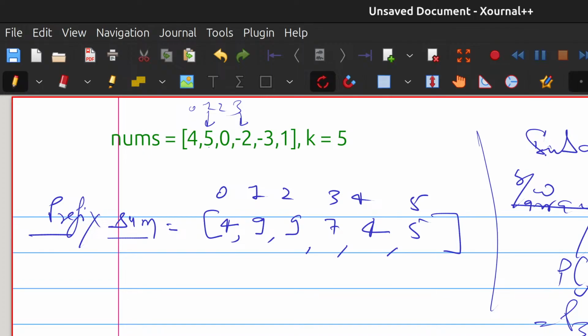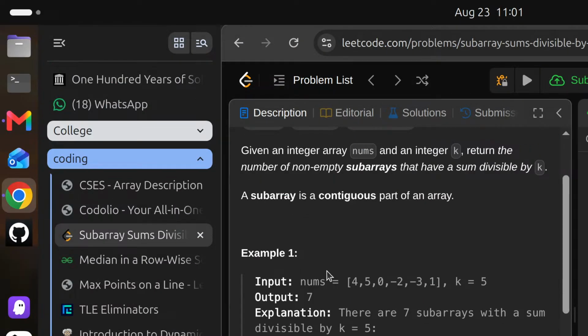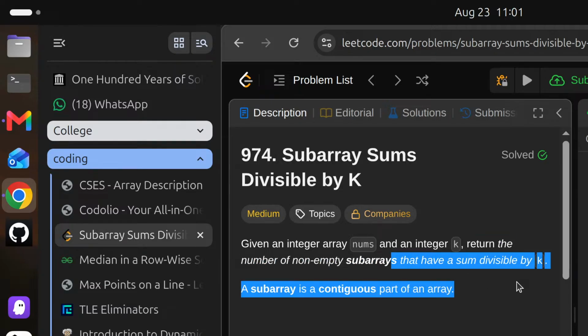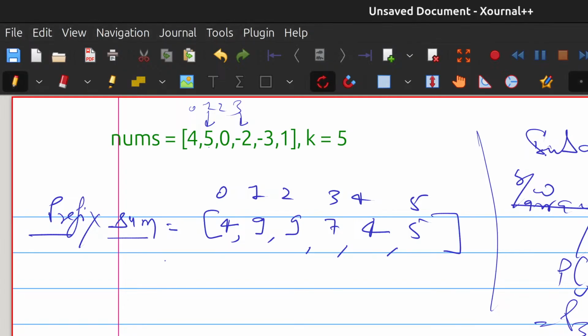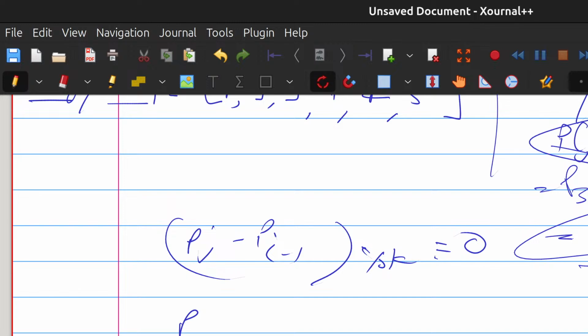So here is how we can get the subarray sum between two indices. Now the question here is to return the number of non-empty subarrays that have a sum divisible by k, right? So if this is divisible by k, it means pj minus p of i minus 1 modulo k is equal to 0, right? So what we can do is say pj mod k is equal to p of i minus 1